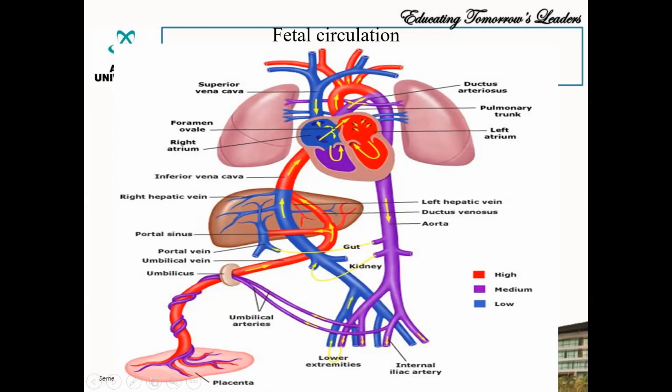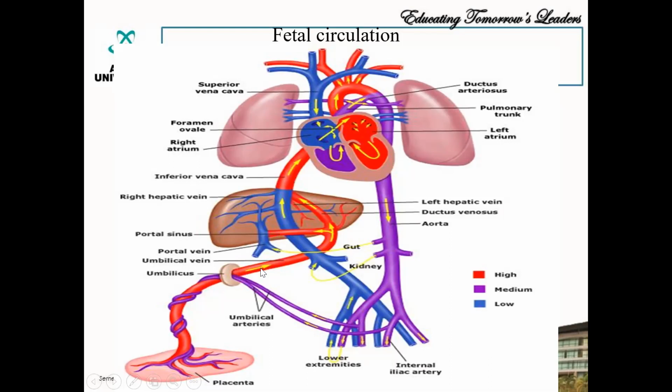If you see here, this is your placenta. Through the placenta, you will have the umbilical vein and the umbilical artery. The umbilical vein will be having pure oxygenated blood. The umbilical artery will be carrying deoxygenated blood. So this red colored one is pure oxygenated blood. Okay, so this umbilical vein